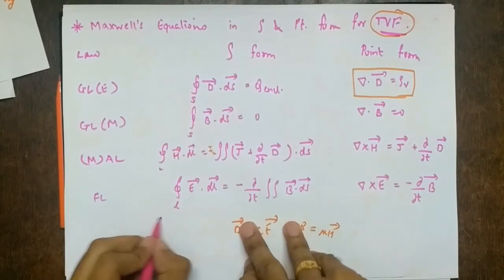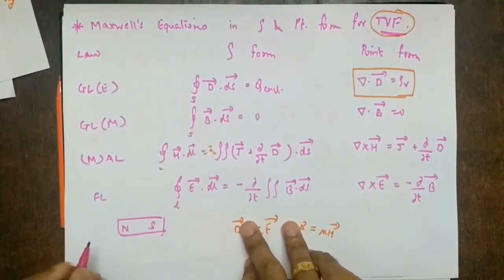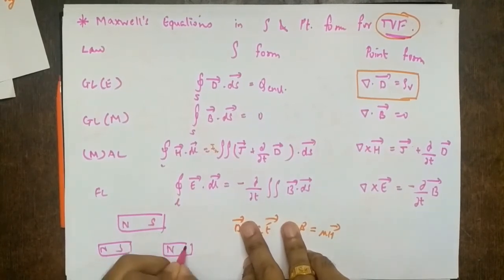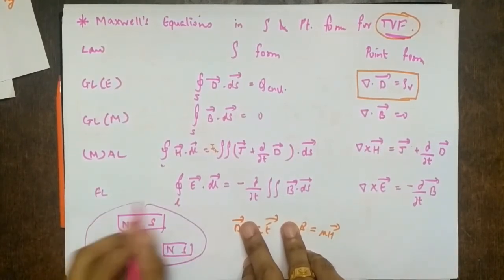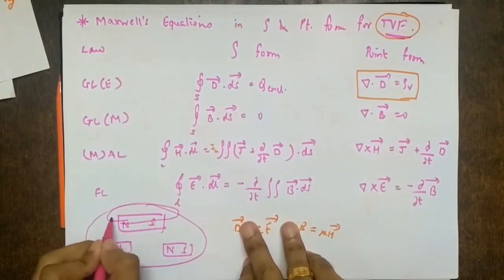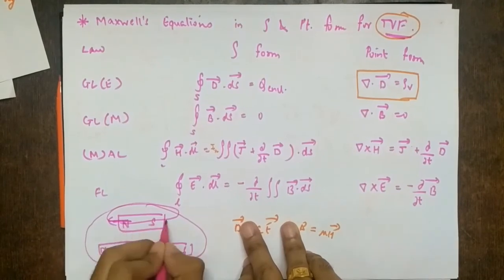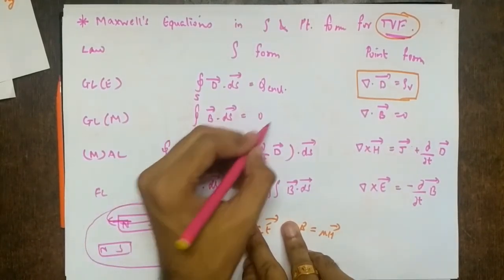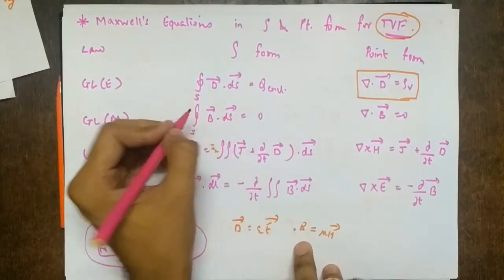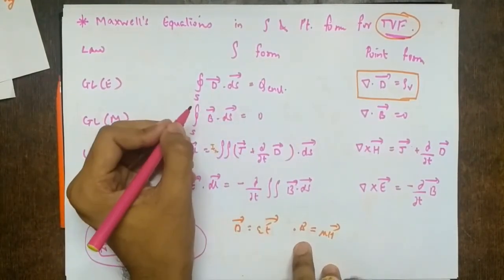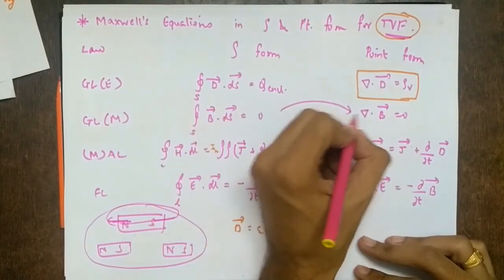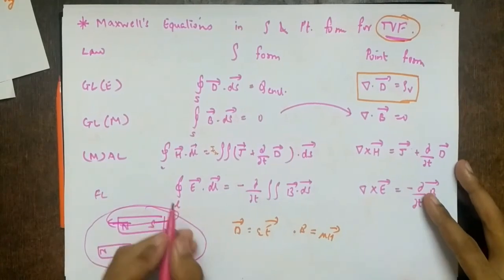Then we say if we have a magnet, it has a north pole and a south pole. If you break it into 2, what happens? Then also it has a north pole and south pole. That is, magnetic charges cannot be separated. And if you see, the magnetic field is like this, right? Whatever goes out comes in. So that is why they cannot be separated. So the magnetic charges, positive and negative, get cancelled. So it is 0. Closed surface integral of B vector dot dS vector is 0. Again you apply the divergence theorem, so you will get del dot B vector equal to 0.